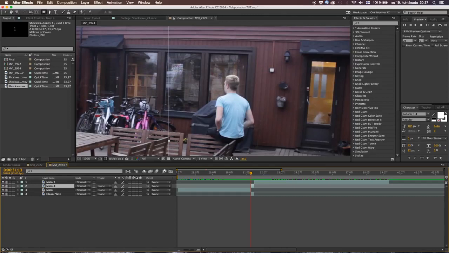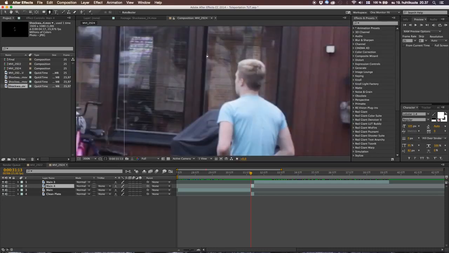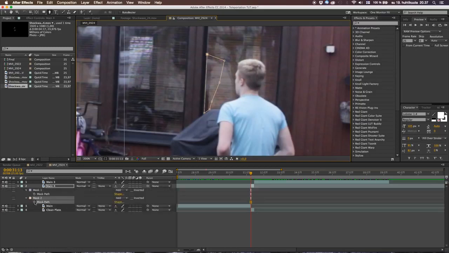This is also a simple way. So select your guy or the layer where the mask is. Take your pen tool by hitting G on your keyboard, or just clicking on the toolbar, and then just do a simple mask around